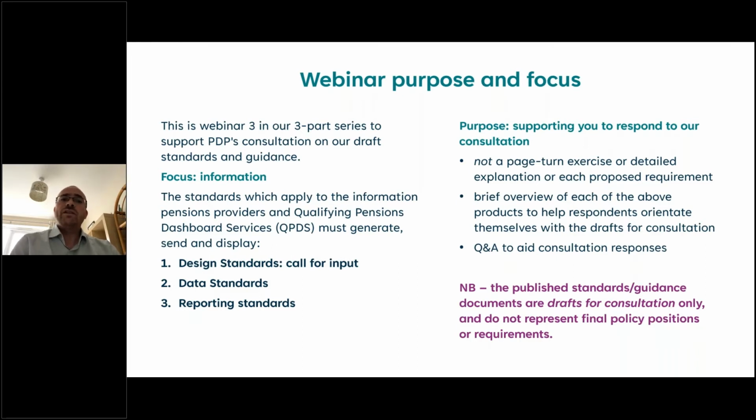And that incorporated an initial discovery phase and then an alpha build phase in which we have built the central digital architecture that will connect individuals up to their pensions via dashboards. Today we're on the last in this series of webinars to support our consultation on draft standards and guidance, and today we'll be providing an overview of